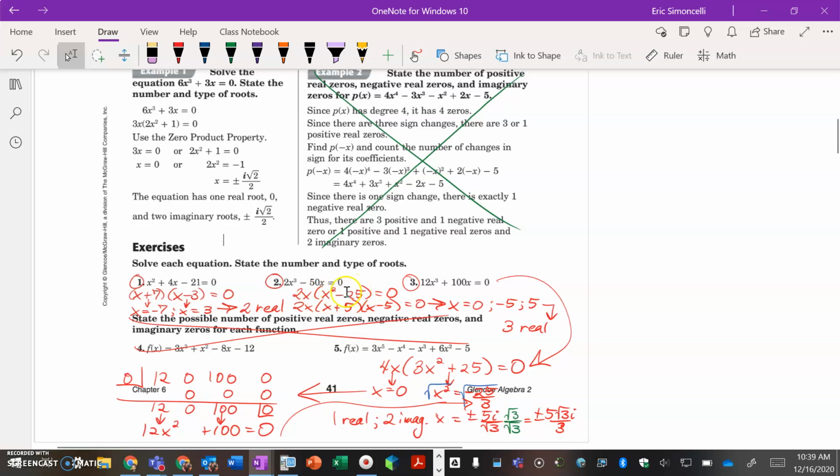You can factor x squared minus 25, of course, to get x plus 5 and x minus 5. You can set that equal to 0 to get negative 5, and this, of course, to get positive 5. So this cubic has 3 real zeros. Okay. Down below, number 3, I actually continued in this particular instance where you can factor, very much like we